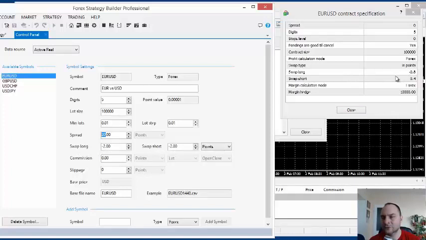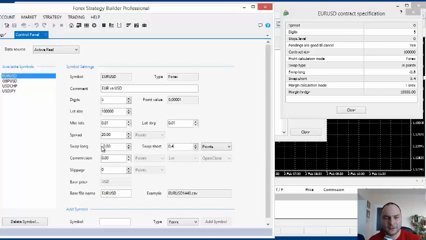We have a long swap minus 0.8. Okay, and excuse me for a moment. So the short swap is plus 0.4. It's here 0.4 plus. What means minus and plus sign?